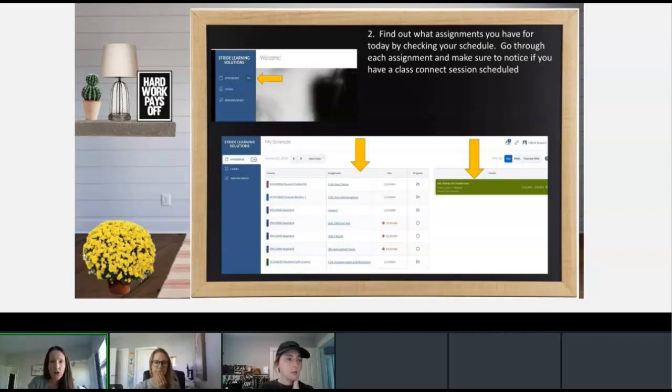So in the middle here, you have assignments, where this first arrow is. This is what you have to do for that day, okay? So there should be no question of, what do I do today? It's all listed here. When you click on the link to that assignment, it opens up and it tells you exactly what you need to do, okay?